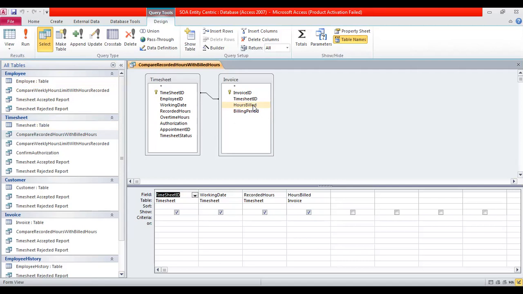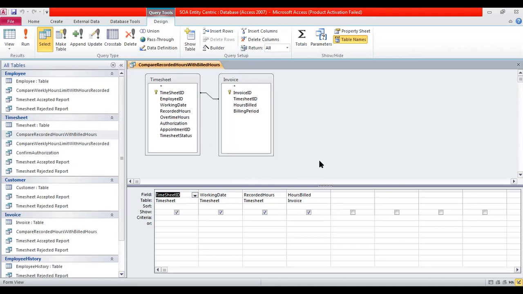So the primary key is timesheet ID, and this timesheet ID is taken as a foreign key in invoice. From the timesheet table, I am retrieving timesheet ID, working date, and recorded hours, and only the hours billed attribute is retrieved from the invoice table.